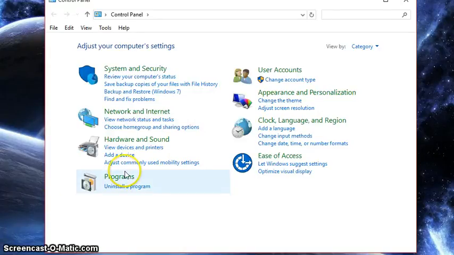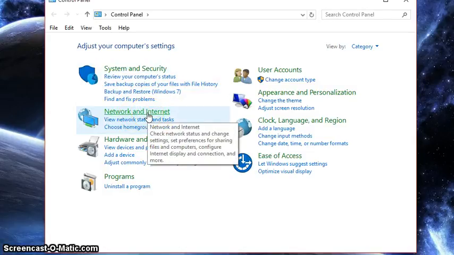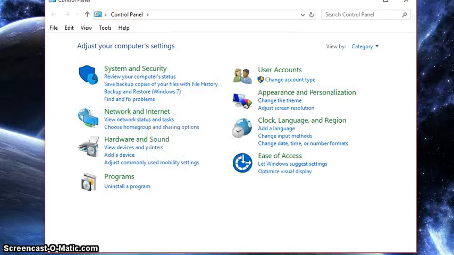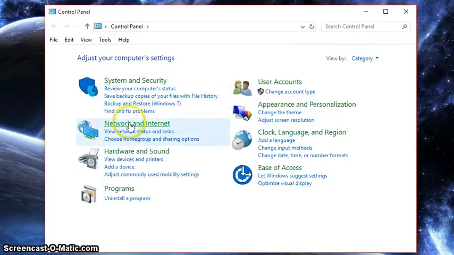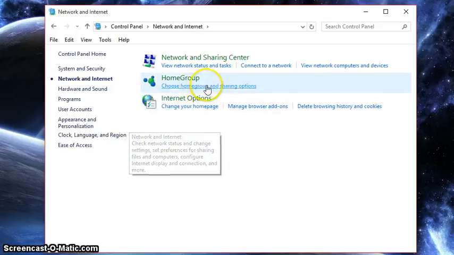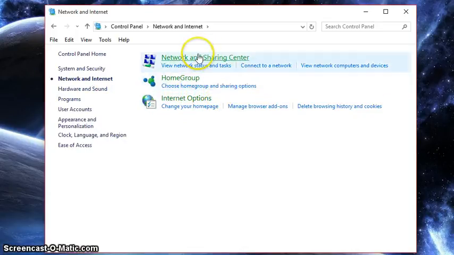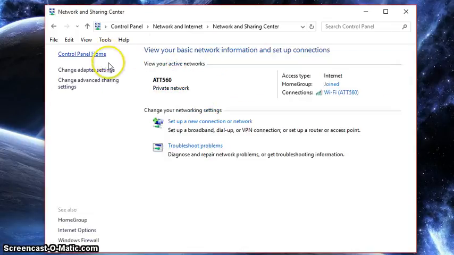In this video, we're just going to go over how to avoid getting viruses in the most simple way. So if we go first to our Control Panel and go to Network and Internet, you should be able to see your Network and Sharing Center. Go to there,